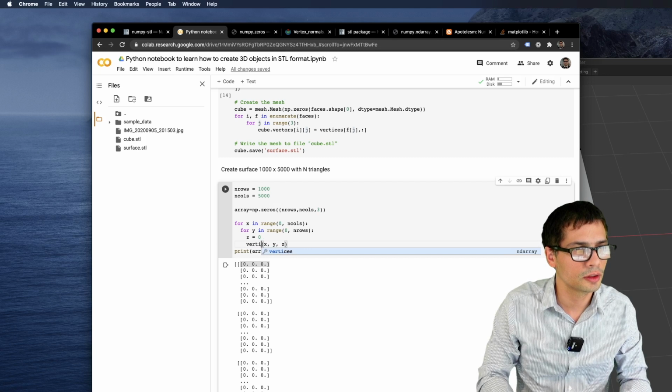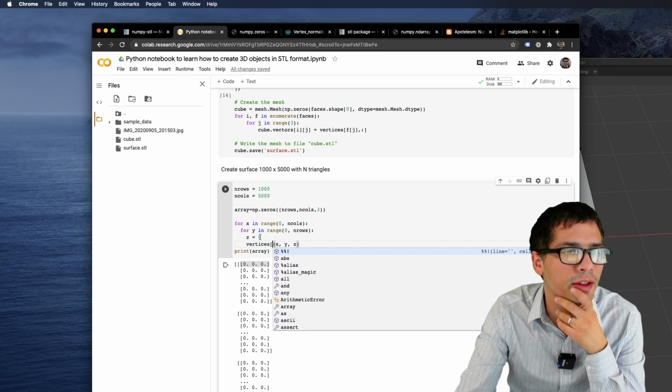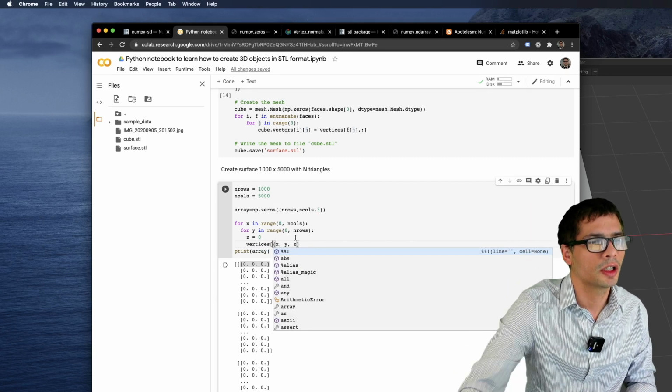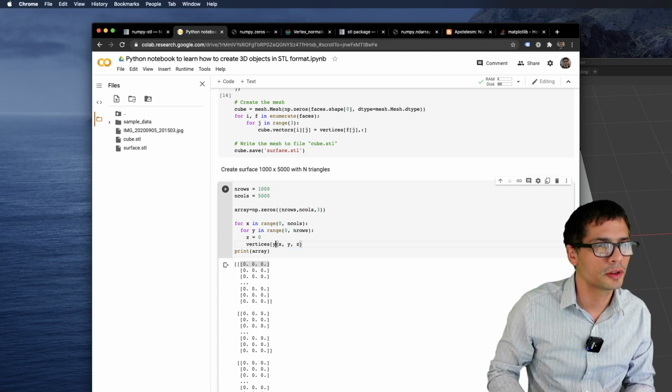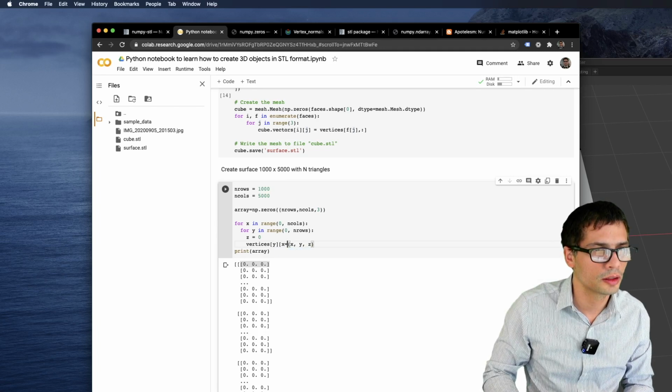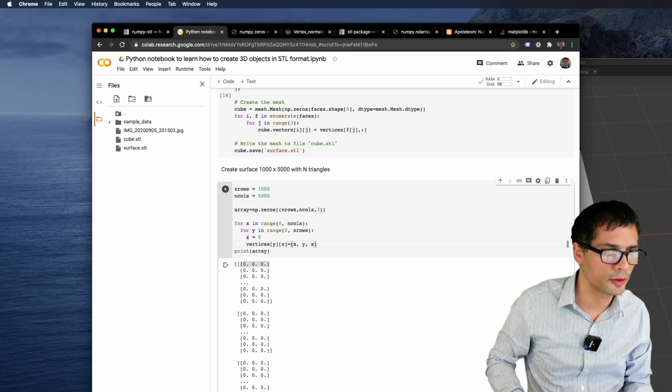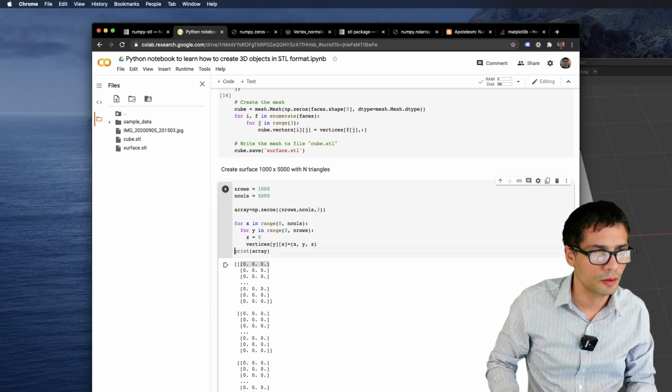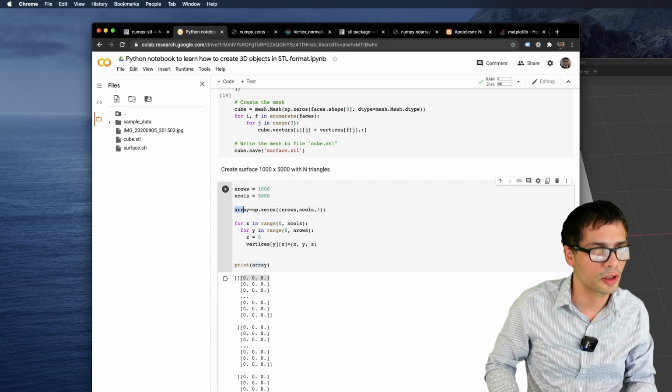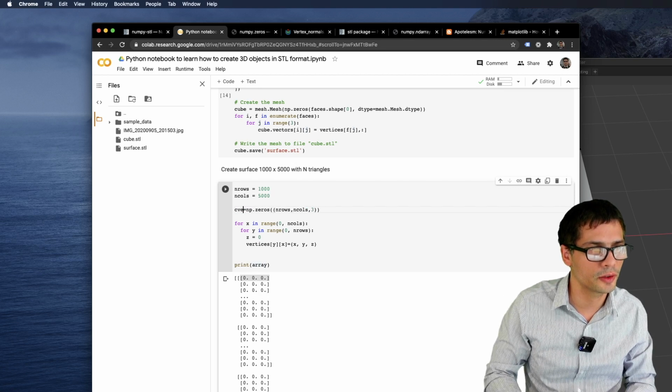So vertices, maybe x and y is not a good name, but I have to start with y first, then x, right? Right now it's simple because z equal to 0, so we just basically change the name of the array to vertices.